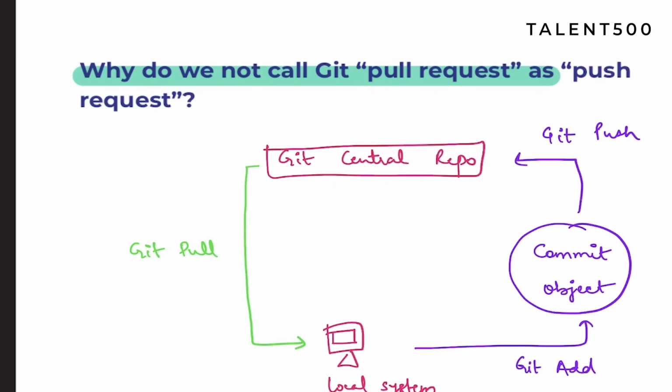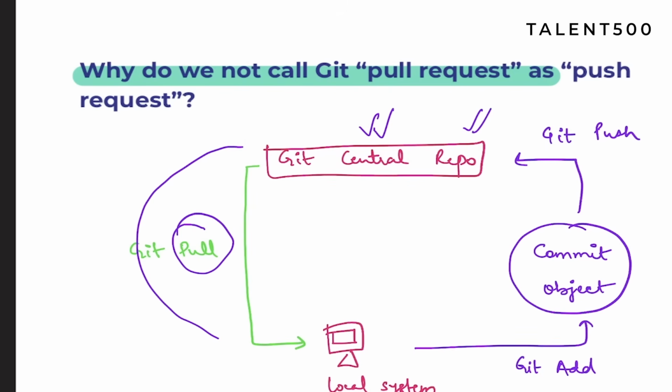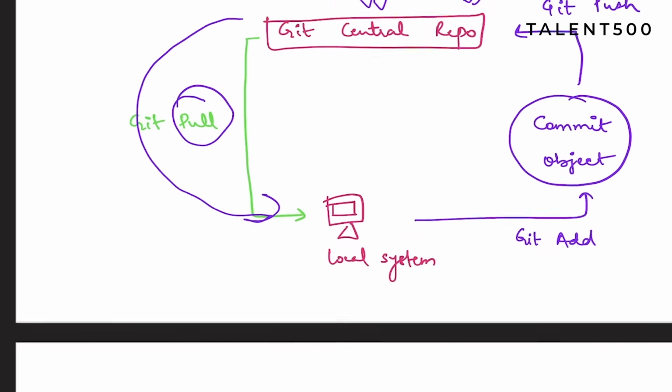That is why when you talk about push request, your target repository is actually requesting us that, okay, whatever changes you have done, just push it to the repo, right? On the other side, if you talk about pull, whatever your central repo is there, it is pulling all the changes to your local machine. So that is how it is going to be there. Now let's see our next question.